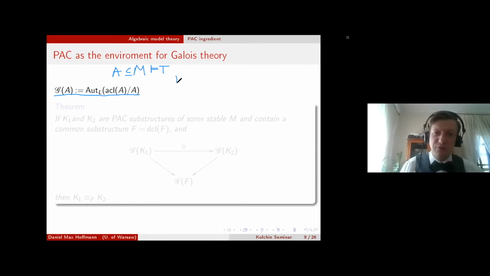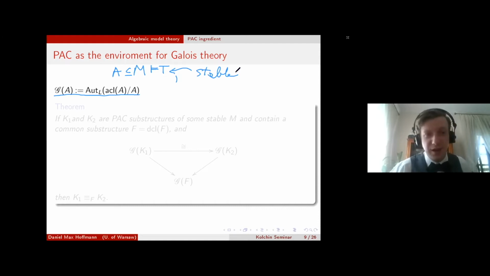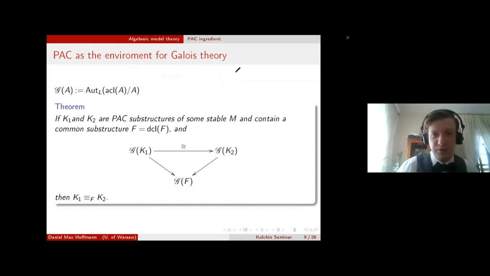Okay, I would like to assume that T is a stable theory. That's stable. I hope that I wrote this. Okay, I didn't, so I should. So I'm assuming that T is stable, and that's it. And now there is a theorem. Okay, T is stable. And the theorem tells you